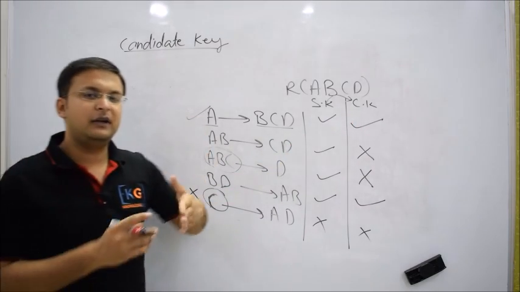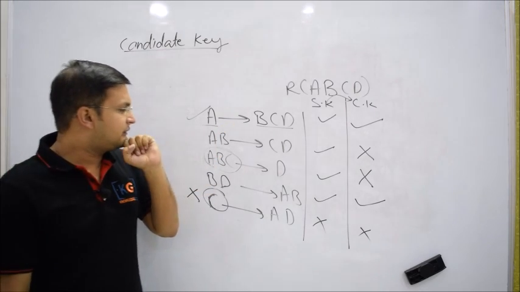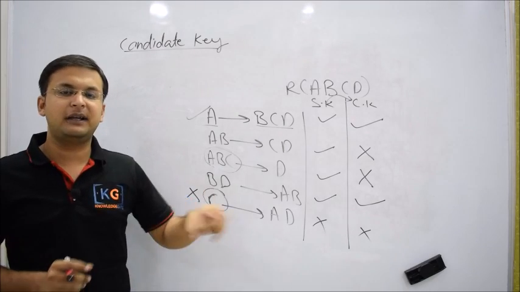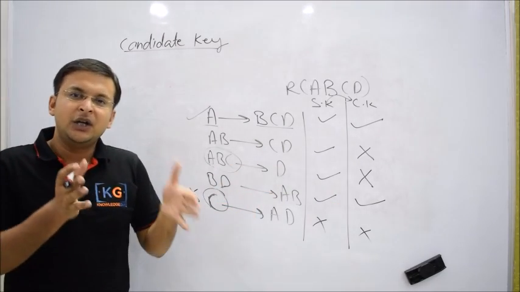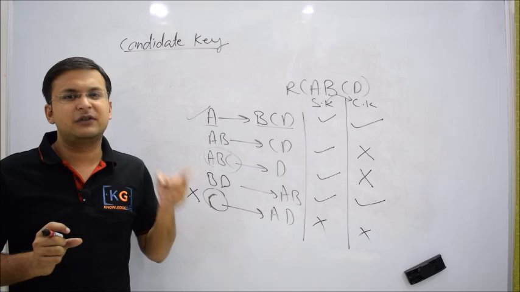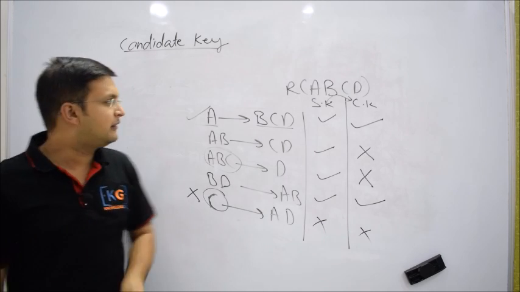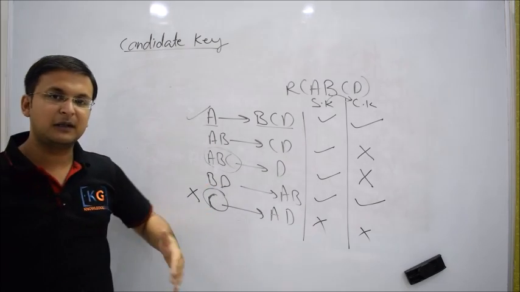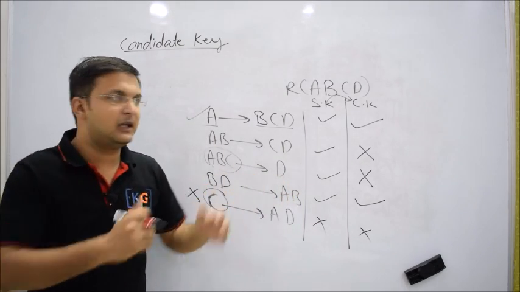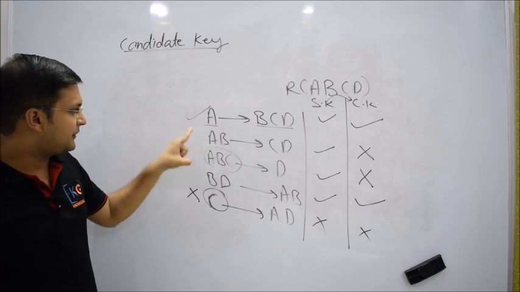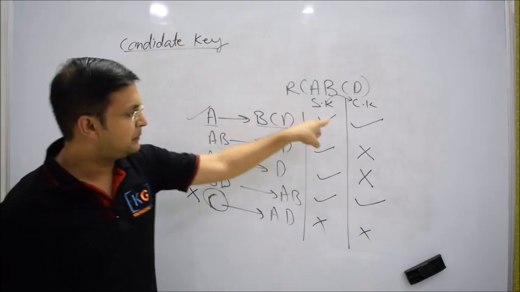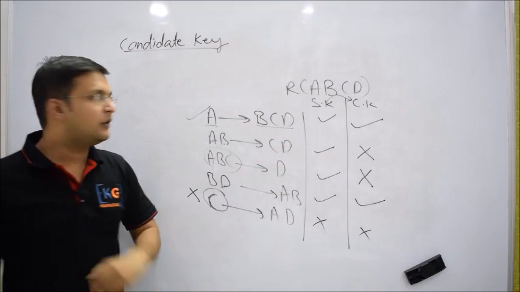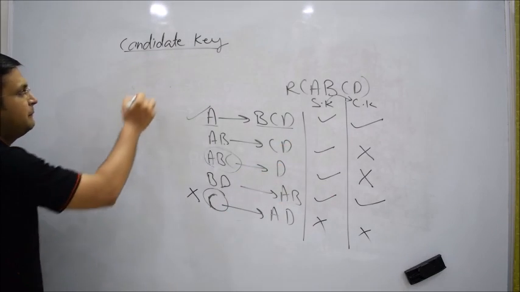So again, if I go to the exact definition, we'll understand: if a proper subset of a super key is not a super key, then it is called a candidate key. Because if your proper subset cannot do the task which you are doing, it means you are minimal. For example, you see, no proper subset of BD is a super key, which means BD is a candidate key, it is already minimal. But you see, a proper subset of AB is A, which is also a super key, which means there is something extra inside AB, so AB is not a candidate key. Okay, next comes the primary key.